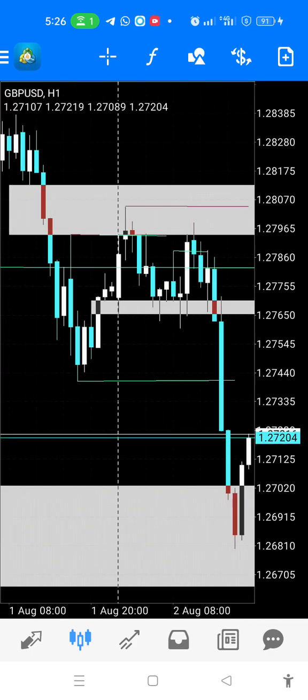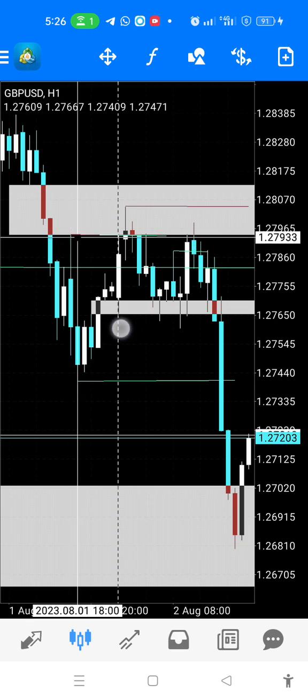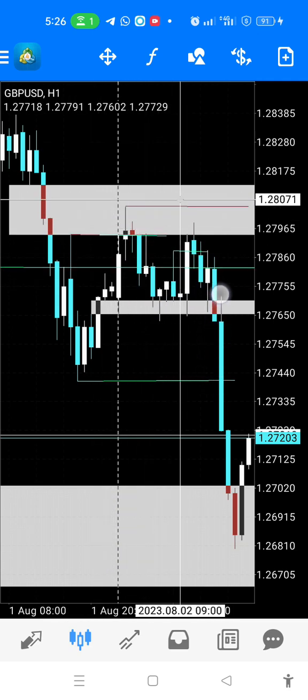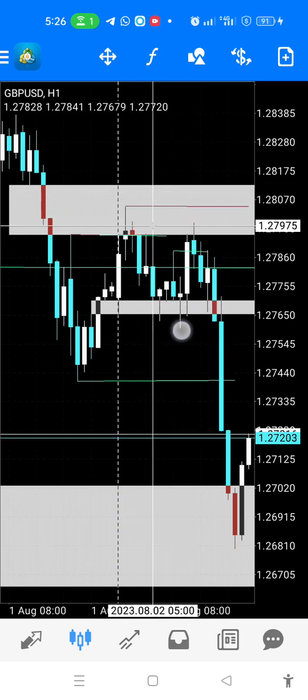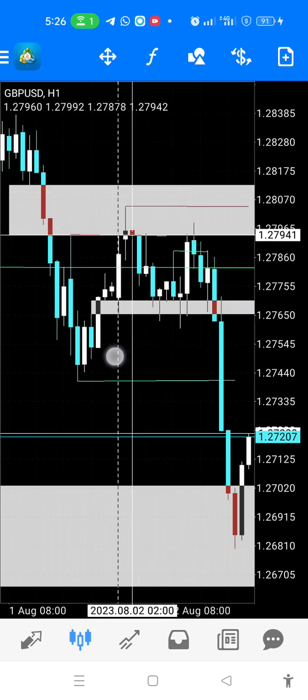Now listen to this. Whenever liquidity is taken out, there are some traders who are trapped here, traders who are going high. They are trapped here. So it will be very difficult for them to come back and run that liquidity again. Though it may happen, liquidity can be run like 2 or 3 times. But